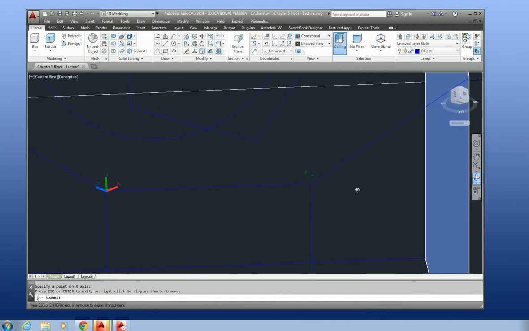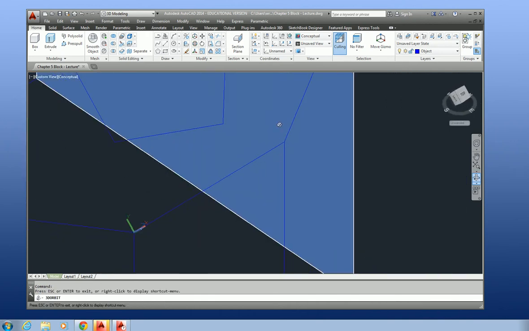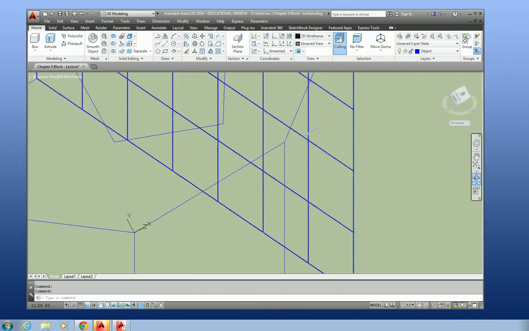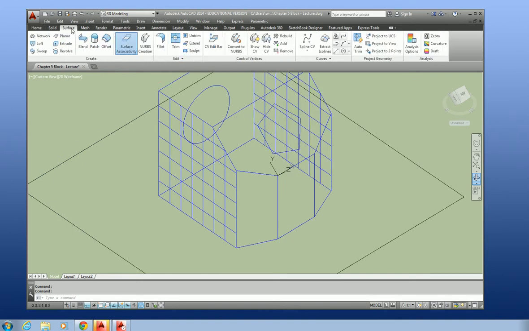And what makes this confusing for the software is working in the meshes, because it has a tendency to want to snap to the mesh that might be behind it. If I take this conceptual and we go back to our 2D wireframe, you'll see what I'm saying. It'll try to snap to anything here. Okay, so going back to surface, planar,